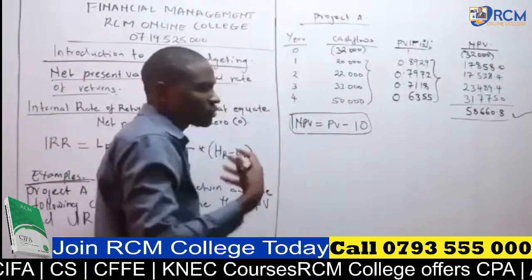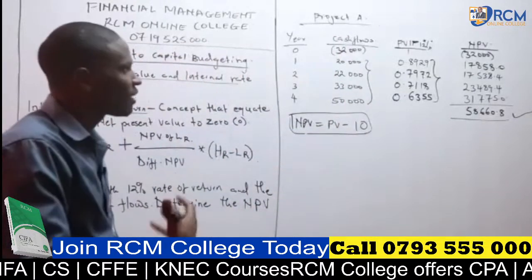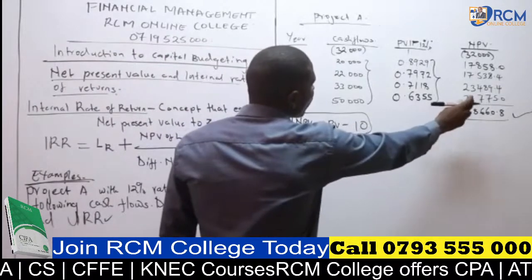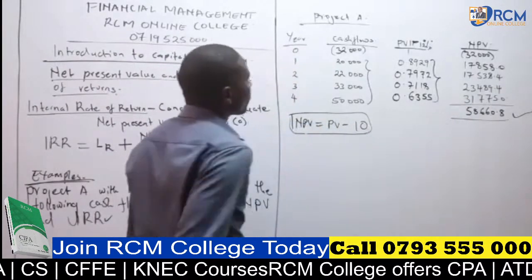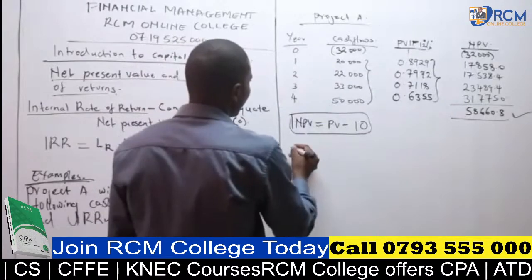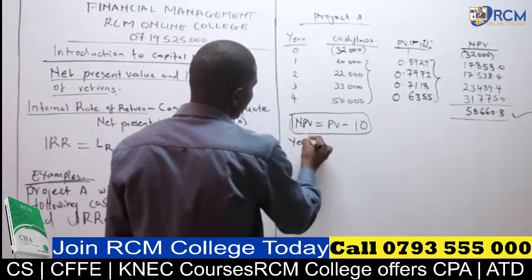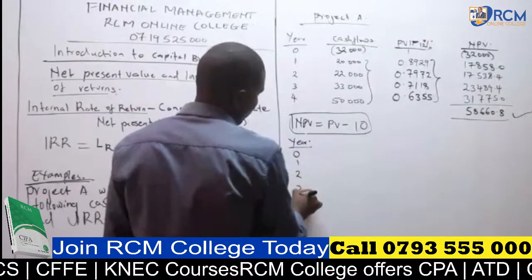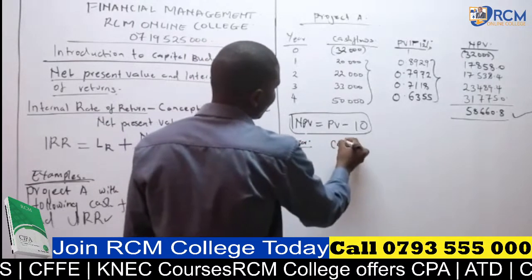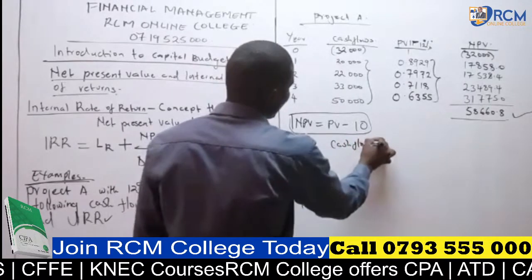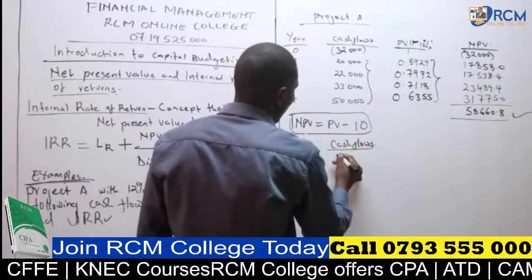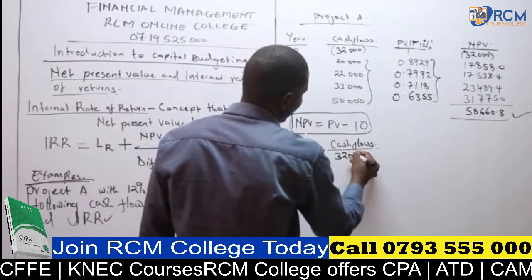Remember, we are using the trial and error method, so that at least at the end, we get a negative NPV. We don't want a positive. We want a negative NPV here. I can repeat this. I have here year 0, 1, 2, 3, and 4. Then cash flow remains the same. Whatever is changing here is only the rate, or the cost of capital. Initial outlay is 32,000,